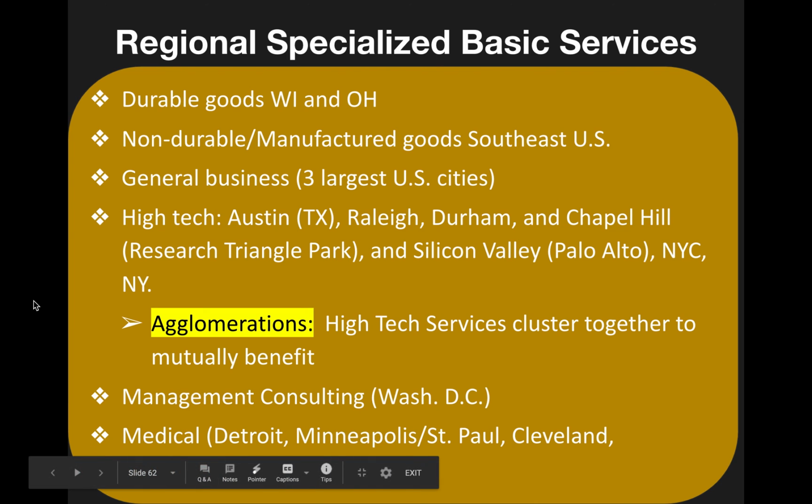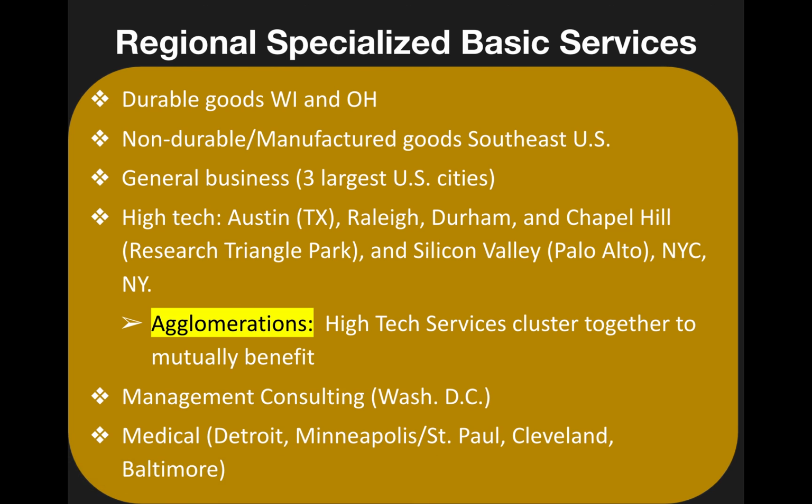Okay, let's move on to talk about regional specialization. Regional specialization is found throughout the United States, as we see with durable goods within Wisconsin and Ohio. You have the manufacturing in the Southeast. You have general business in the three largest U.S. cities, New York, Chicago, L.A. There we are going to see distribution of those specialized services within those three areas and advanced infrastructure in those